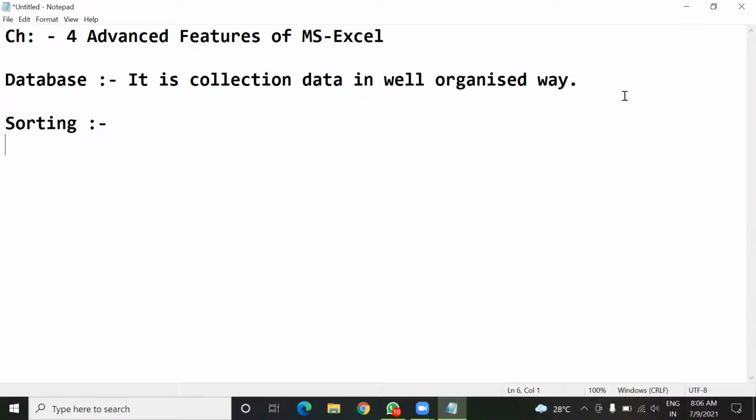So in MS Excel, you already know that whatever data we save or store there is stored in tabular format, meaning rows and columns will be there, and according to column headings or row headings, data are stored. So in a database, we perform certain types of operations. Like the first one, you can see sorting. Apart from sorting, we can do filtering. So these are the two important operations in a database.